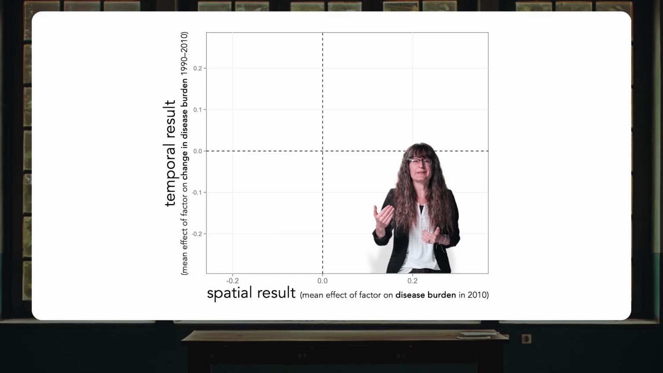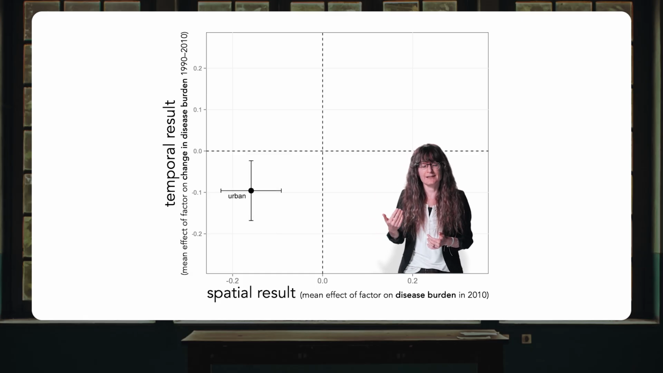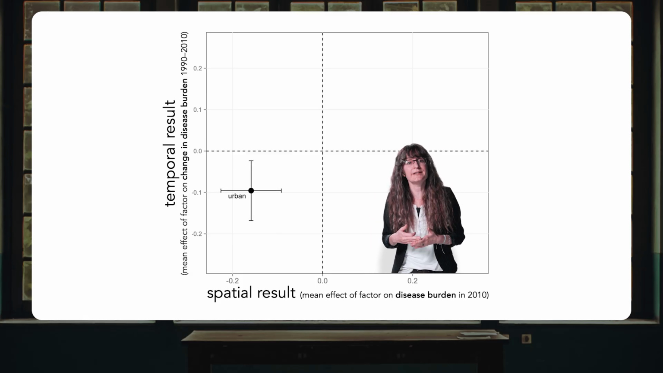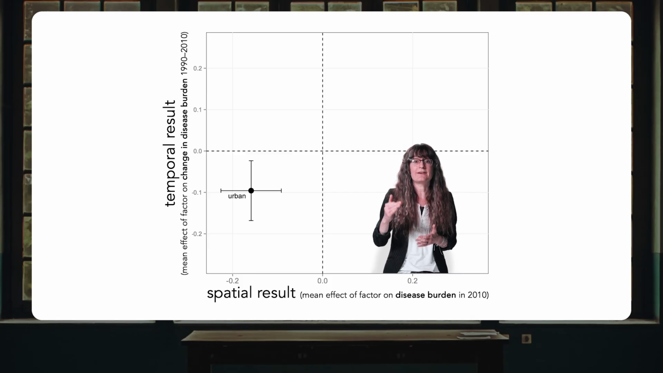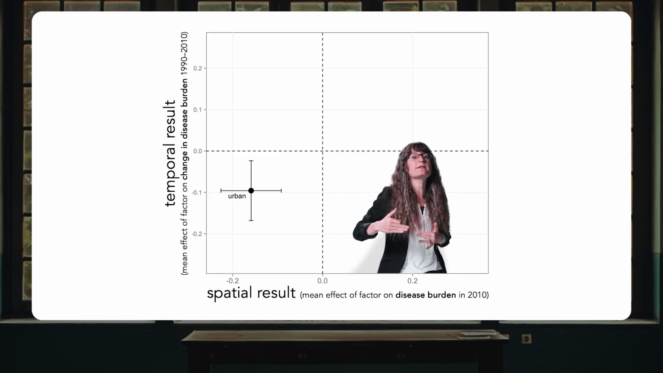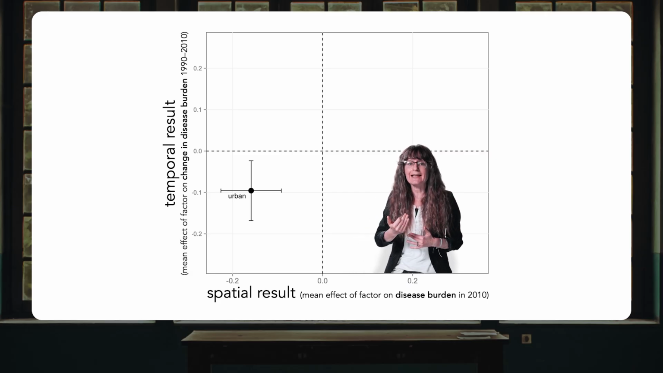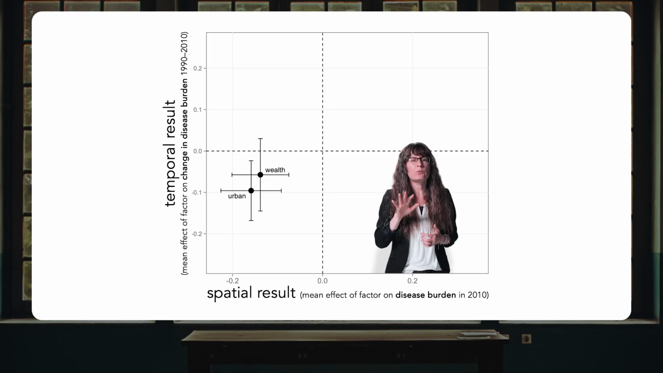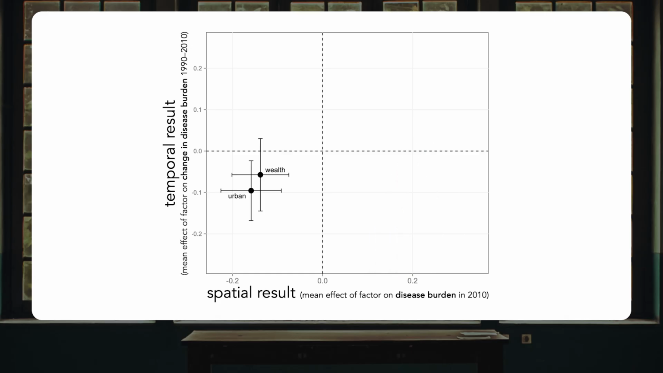What we see is that urbanization is the only factor that is significant in both the spatial and the temporal dimensions. It's the case that highly urbanized countries tend to have less disease, and as you increase urbanization over time, you tend to get less disease in response. Wealth is almost there. Wealthier countries have less disease, but increasing wealth over time doesn't significantly decrease disease. Close, but no cigar. We don't see a lot going on with rainfall, not much going on with population, and